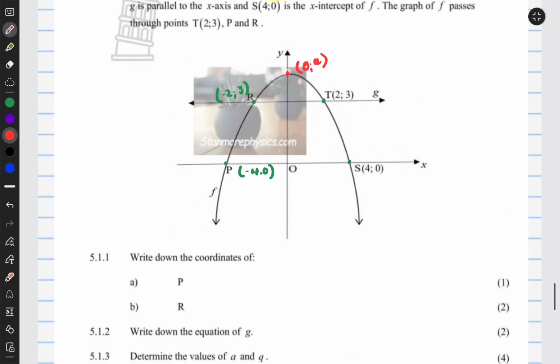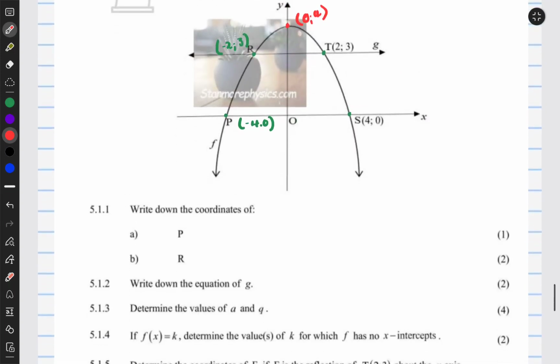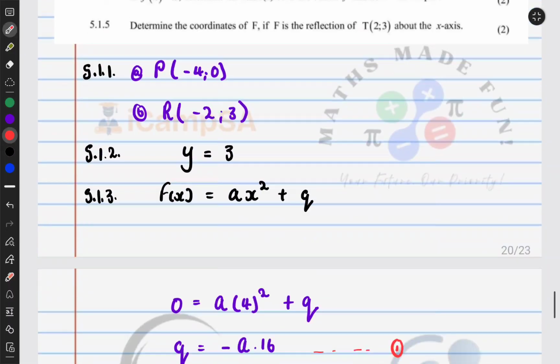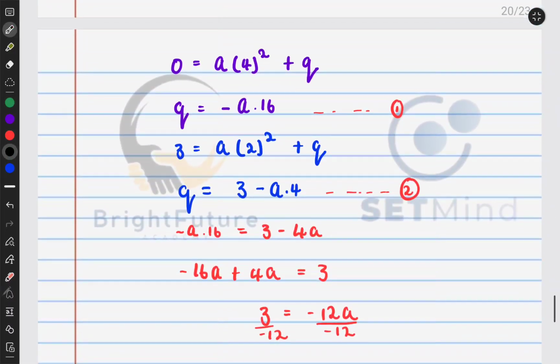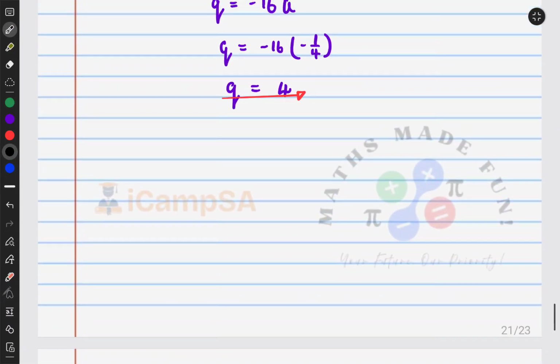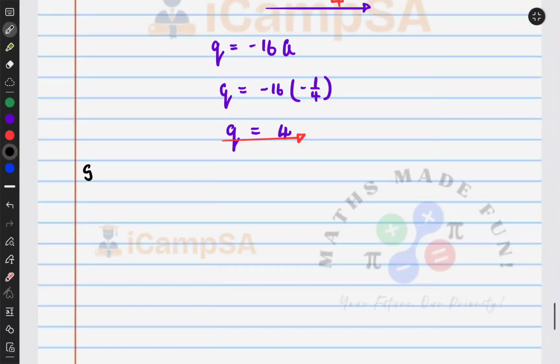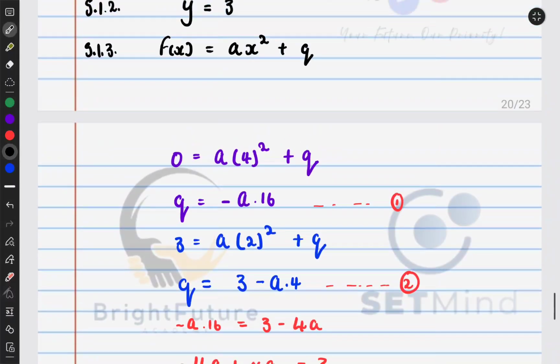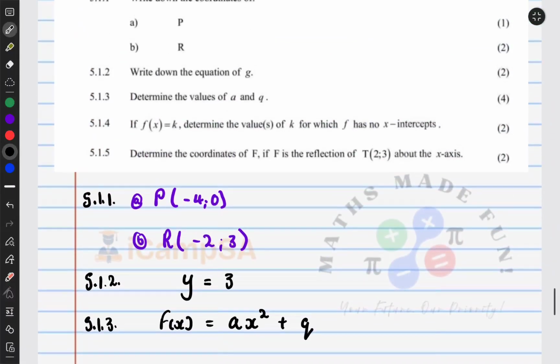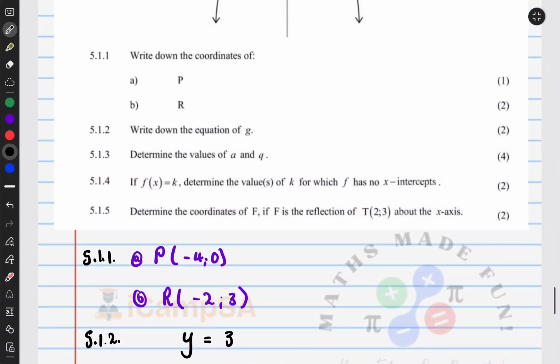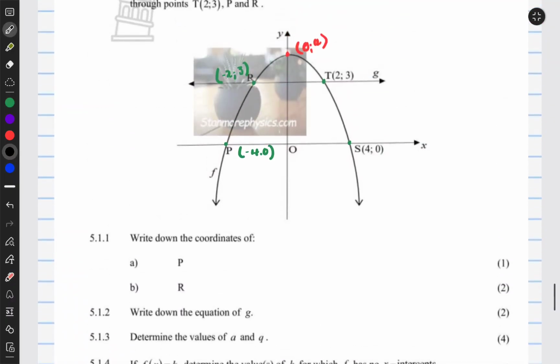Values of k for which... Okay. The statement can be interpreted in different ways. This is 5.1.4. So in order for the function f to have no x-intercepts, the values of k